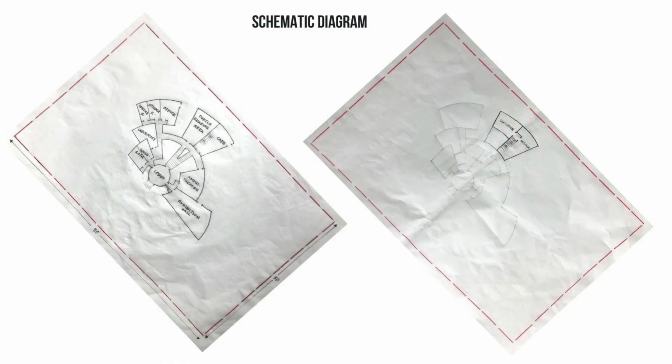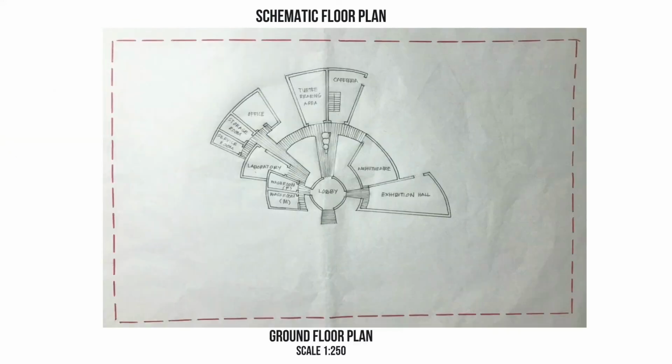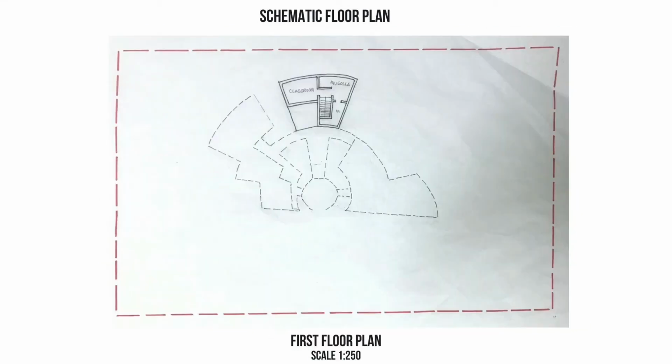This is the schematic diagram of my design to show the form of the plan. As we can see, from the floor plan, I proposed the second entrance at the exhibition, amphitheater and cafe, so the visitor from the beach can get in and out to the building. The center in front of the lobby is the courtyard. The user will use the corridor to go from space to another space. And on the first floor, I would like to propose a green roof in front of the classroom.